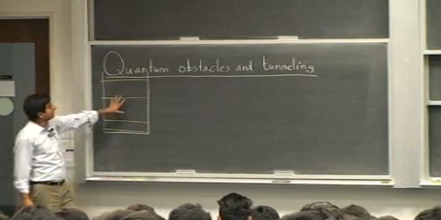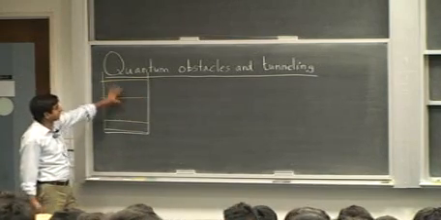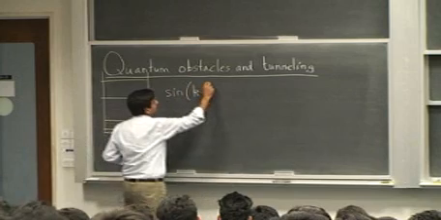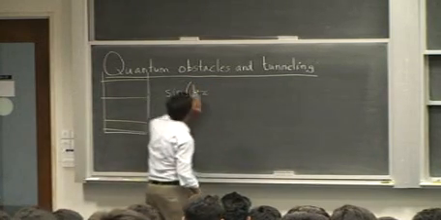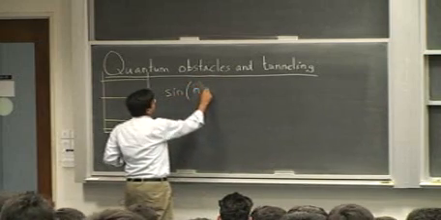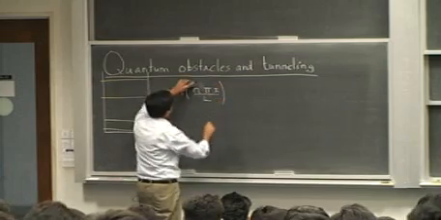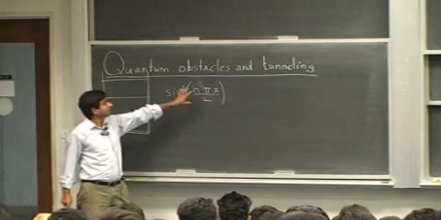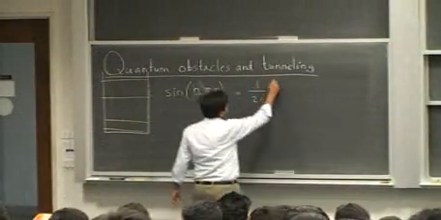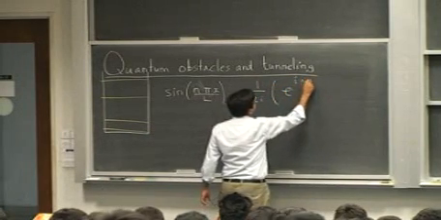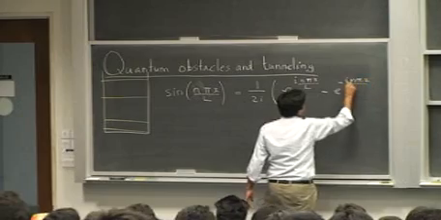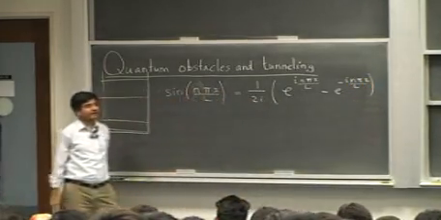Alright? And we also know that the wave function of the electron for different energy levels inside this well is given by the general form sine of kx, or sine of n pi x over L. So the energy is quantized, k is quantized, and if you notice, this sine of some function is in fact a combination of exponential functions, e^(i n pi x/L) minus e^(-i n pi x/L). Right? This is another way of writing the sine function.